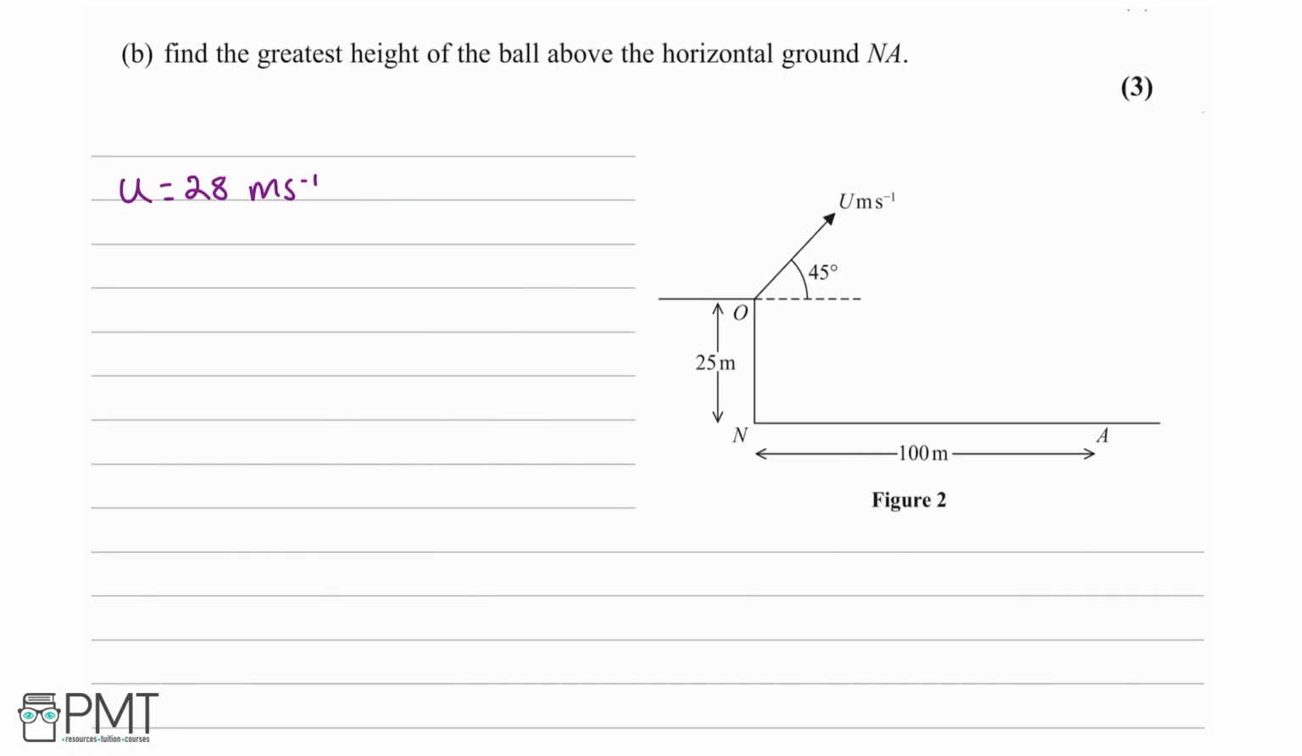Part B has asked us to find the greatest height of the ball above the horizontal ground, for 3 marks, okay? The first thing I'm going to start by doing is finding how high the ball reaches from the level where it's thrown, so O, this plane here, all right? And because we're looking at the greatest height, what we need to look at is the vertical component. So we're going to say, using vertical motion,